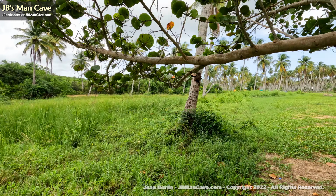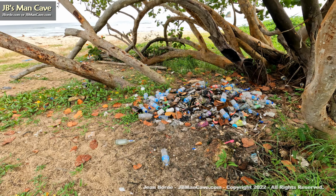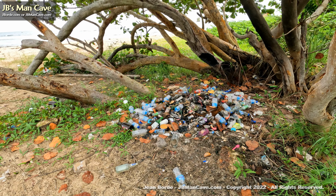Now, on your way to this beach, while this beach is public, look at how much trash. And somebody tried to burn it, and of all places under a tree. Does that make any sense? Anyway, so